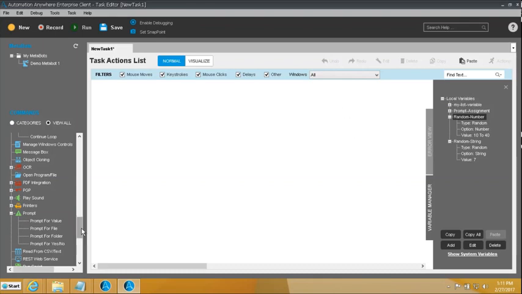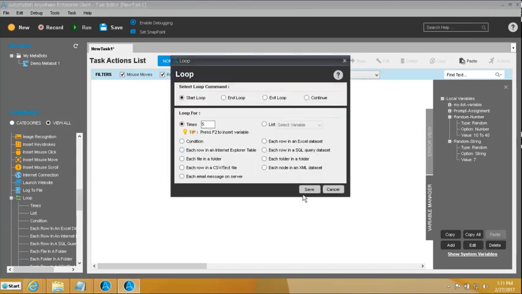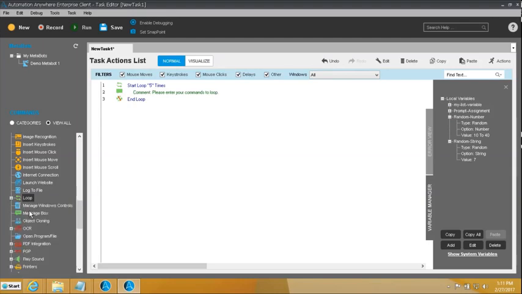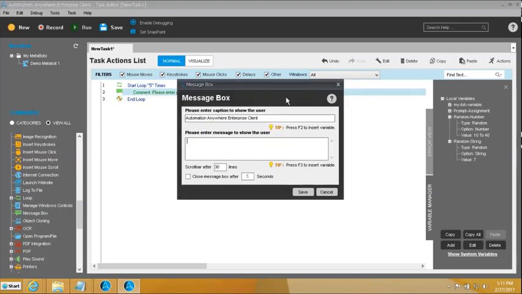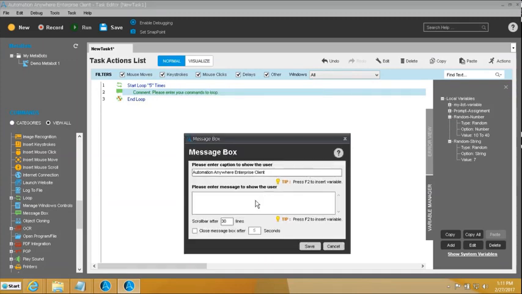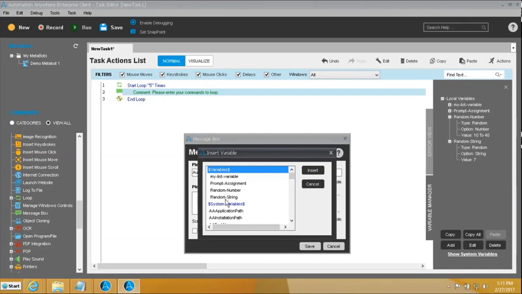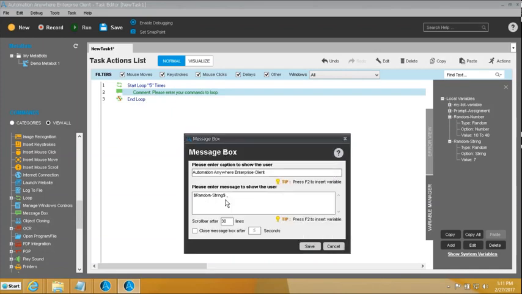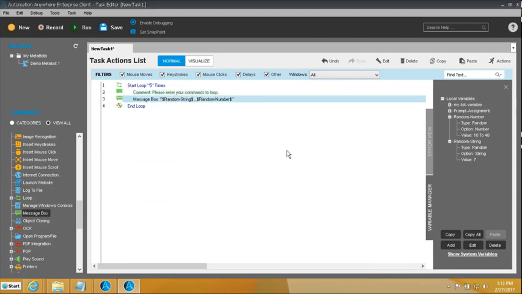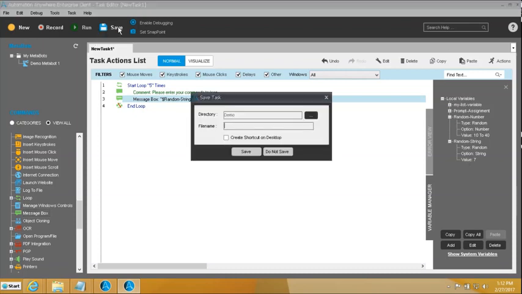For this purpose, I will take a loop, and we will say 5 times. So we are creating a loop of 5 times, and in this loop we are going to put a message box wherein we are generating both our random string and random number. The random string will generate a string of a random combination of 7 characters, and the second is a random number of a given range, between 10 to 40, as specified by us. So let me save this one, give it a name, and this would be our